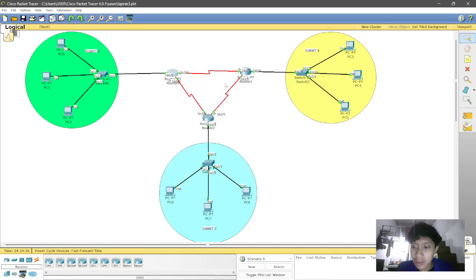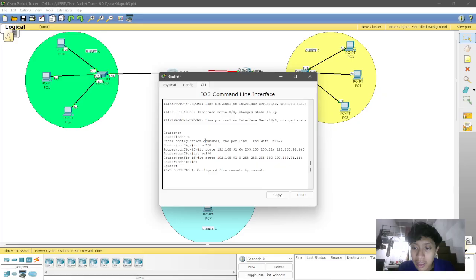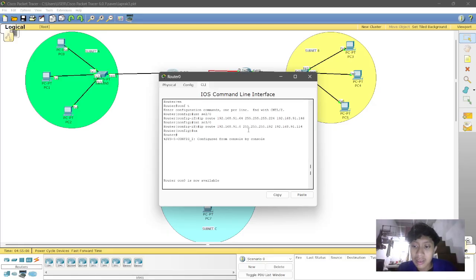Configure it to all the routers, and then for the static routing, once all interfaces are configured, static routing is implemented to allow communication between different subnets. Static routes are manually added to each router using the destination network address and the next hop IP address. For example, here, this is the destination network address and the next hop IP address, and also the subnet mask. The static routing is chosen in this practicum because the network topology is relatively simple and does not change dynamically.